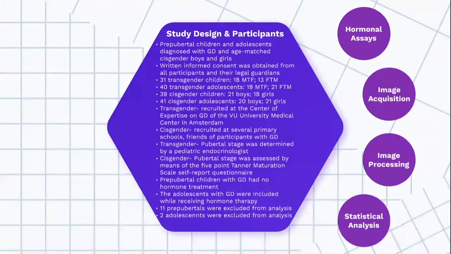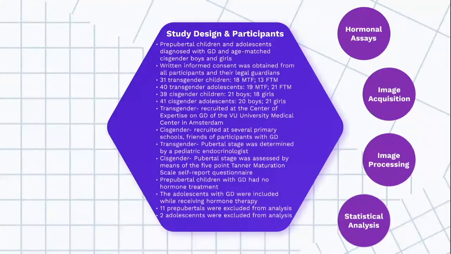Participants with GD were recruited at the Center of Expertise on GD of the VU University Medical Center in Amsterdam. Cisgender participants were recruited at several primary schools in the Netherlands and by inviting friends of the participants with GD. In all participants except the cisgender adolescent controls, the prepubertal stage was determined by a pediatric endocrinologist according to the Tanner classification. In the cisgender adolescents, the pubertal stage was assessed by means of the 5-point Tanner Maturation Scale self-report questionnaire, which correlates highly with